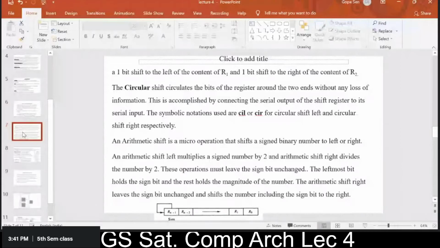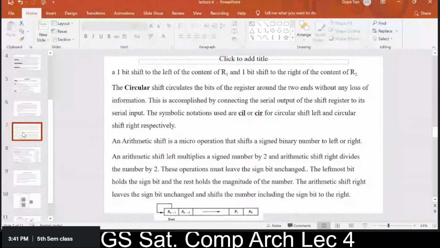Now, here we are considering only the magnitude. If we want to represent the sign of the number, then what will happen? Say you can have a number which is plus 14, then no problem, you will represent the number by 14. But if you have the result as minus 14, then how will you represent minus 14 in your system? So you must have a special technique to represent the sign. We will discuss in detail later on. Just for arithmetic shift, you just require to know.